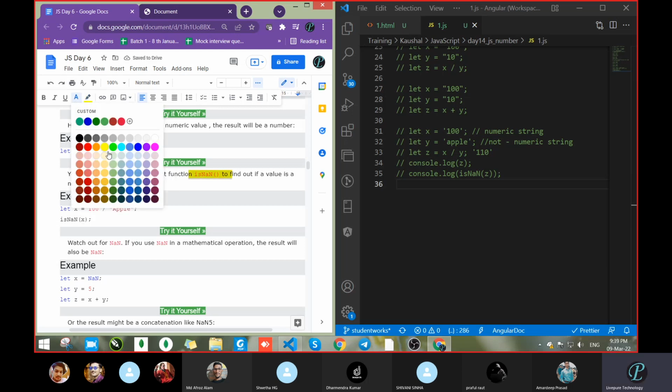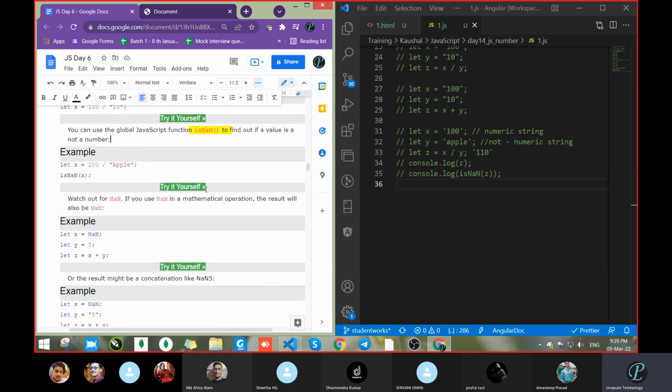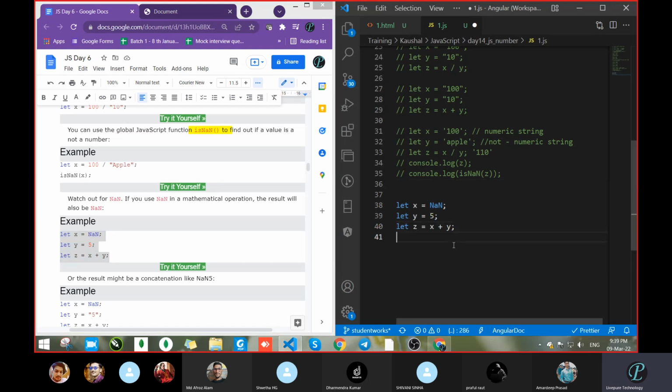Any issue up to now? Tell me. So watch out, not a number. If you use NaN in a mathematical operation, the result will be NaN. Means now what is it telling? If you take NaN in the value also, like this way, what will be the output?